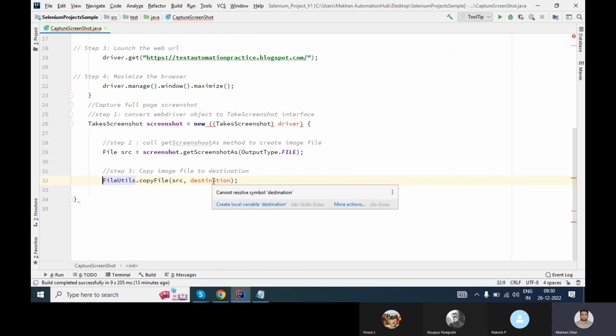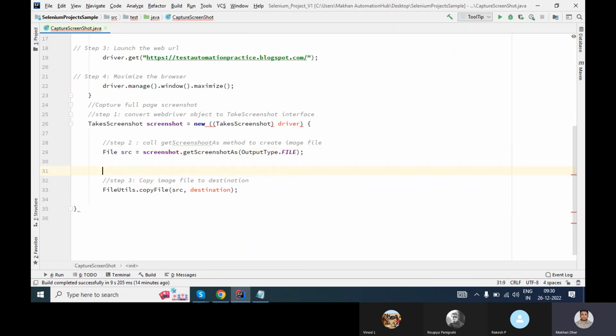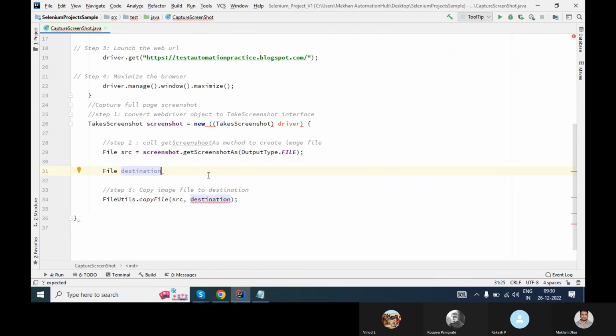Okay, and this one we have to say. So File, this one, right? This is already there: File src equal to screenshot dot getScreenshotAs output. This is correct. Then we have to write another File, anything you can give. Suppose I want destination here, you can pass it like destination. And now what we have to do, equal to new File,